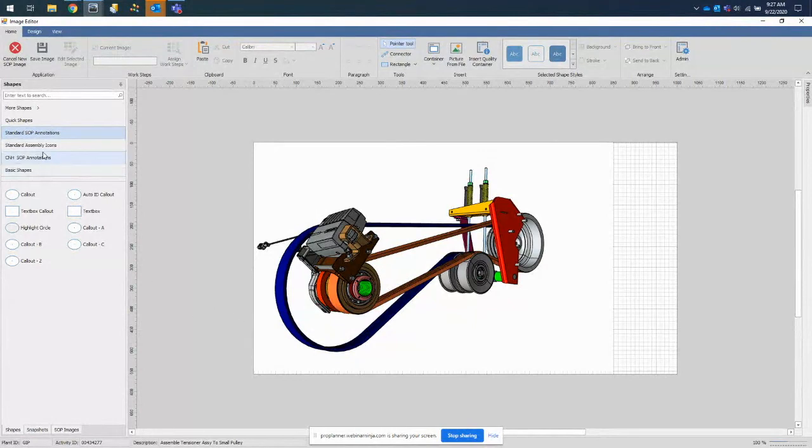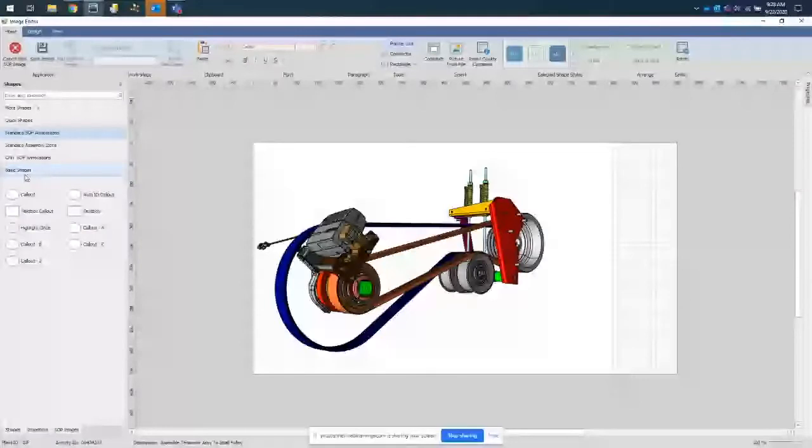So we have the concept of stencils. We have many stencils available. We have standard SOP annotations. So that is right out of the box, right? We ship that, ProPlanner will ship these right out of the box so you can get working right away. I will show you in a few minutes how you can define your own at an organizational level. You don't necessarily have to keep coming back to us anytime you want a new annotation or recreate it each time. But we have out of the box some basic call outs,